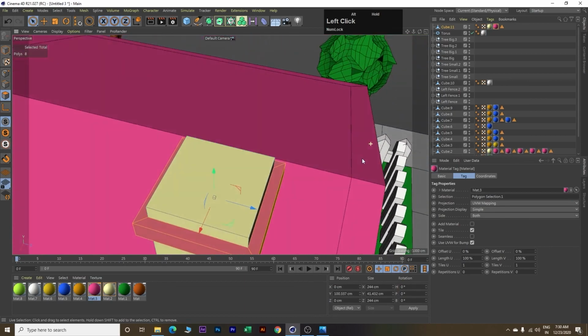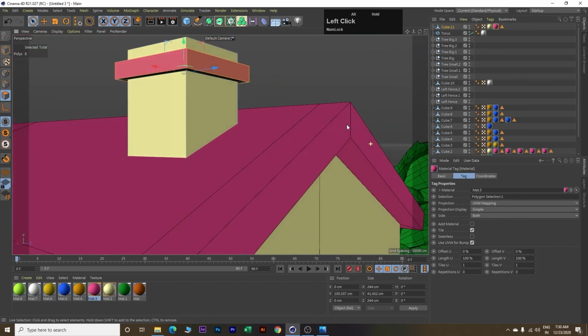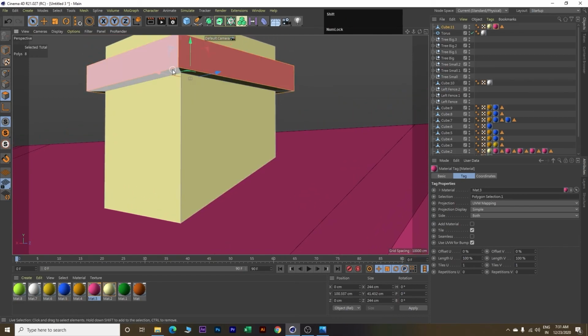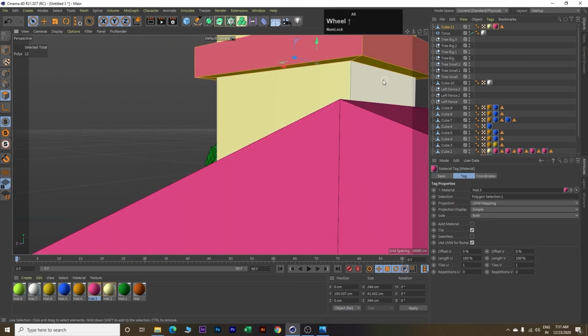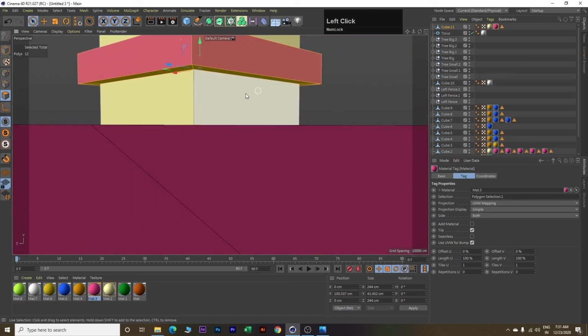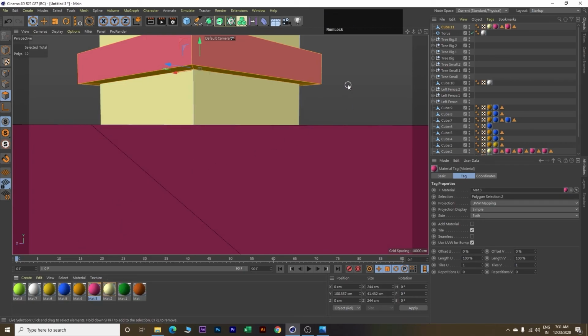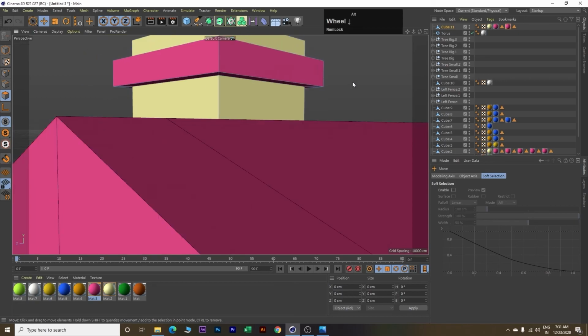Again rotate and see that you have selected everything. We will select these remaining polygons here, this one, we will rotate and select this one and right click on this material and apply. Click E on your keyboard and now this looks good.